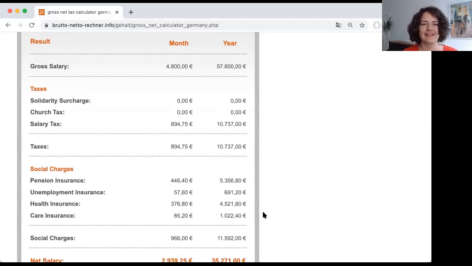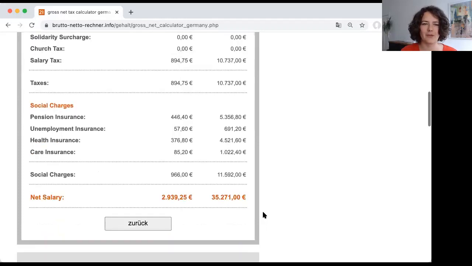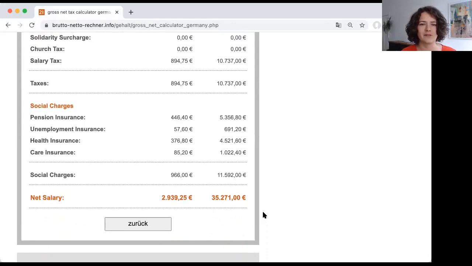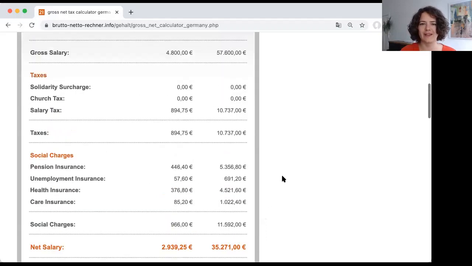So you see that if you make 4,800 euros, and if you're a single person, if you're not married, you will be paying almost 900 euros of tax. That's quite a lot, right? And then on top of that, you have the social security contributions. So pension, unemployment insurance, health insurance, care, like nursing care, which is again more than 900 euros. So in total, the deductions you will be facing are more than 1,800 euros out of the 4,800 euros that